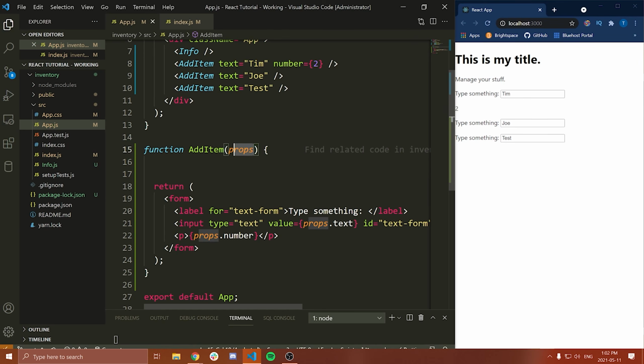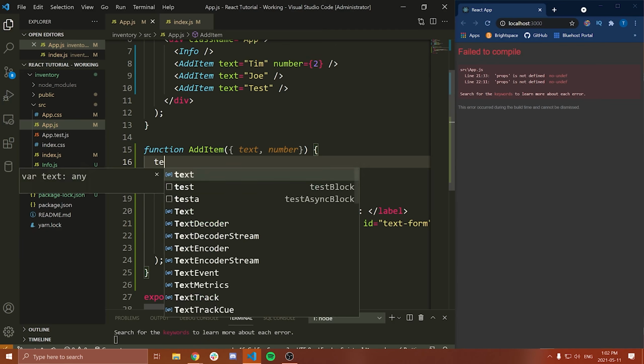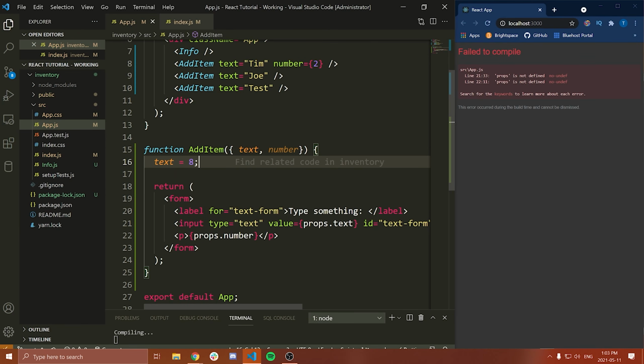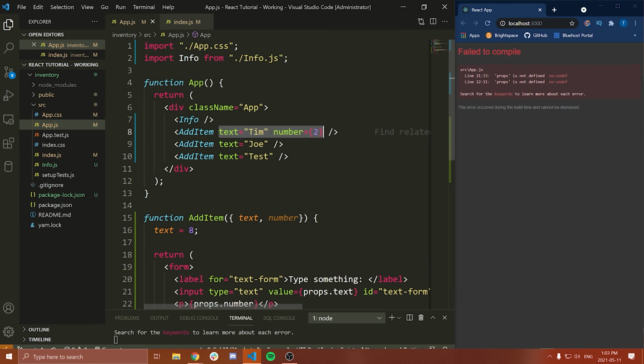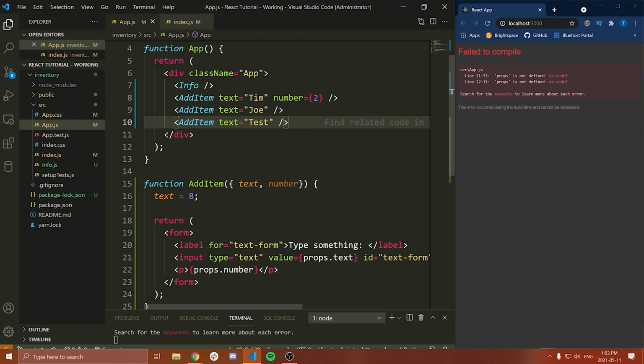However, if you do decompose these props and you do something like text and then number, now you are fine to modify these. The reason you are fine to modify these is because these are not actually the props that are passed through to the component. Now, that may seem a little bit confusing or counterintuitive. The thing is, we pass a JavaScript object that contains the text and contains the number. Now, when you do this, what happens is text is a new variable and number is a new variable that's storing a copy of whatever was passed through for the props. And so by modifying text or modifying number, you are not actually modifying what directly was passed through. You're modifying a copy of it.